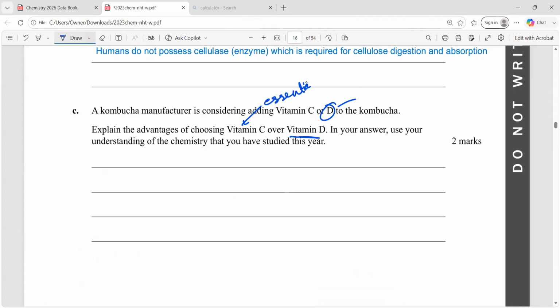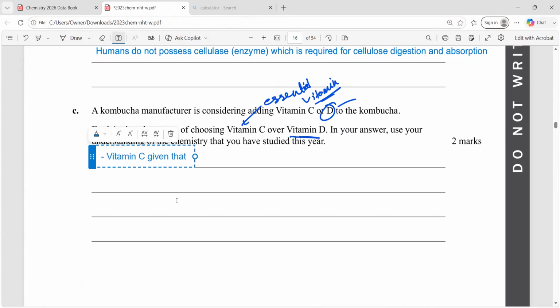So I think the best benefit of why we want vitamin C is firstly, it's an essential vitamin because it's water soluble, and basically it doesn't get produced by the body. So we need external sources of it, such as oranges and things like that. Yeah, I'd say vitamin C, given that it is a non-essential vitamin, given that it is a non-essential vitamin, and thus